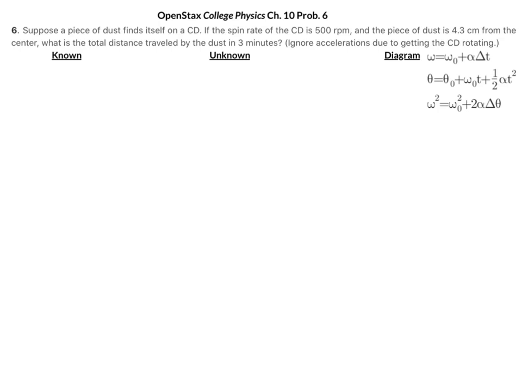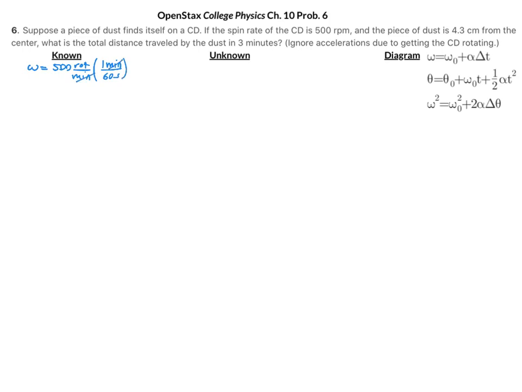So let's organize our thoughts. Let's see what kinds of things we know. The first thing we're told is that the spin rate of the CD is 500 RPM. RPM stands for rotations or revolutions per minute, so that is an angular velocity. So we know that omega is 500 rotations per minute, and that is not an SI unit. So I'm going to want to convert that into radians per second, and I know that in 1 minute there are 60 seconds,